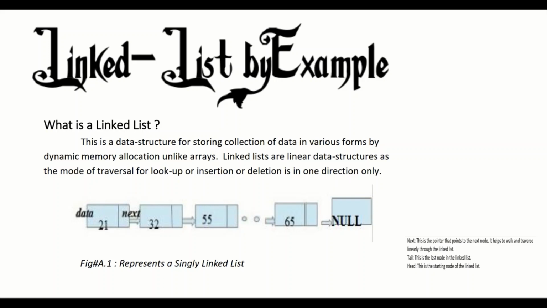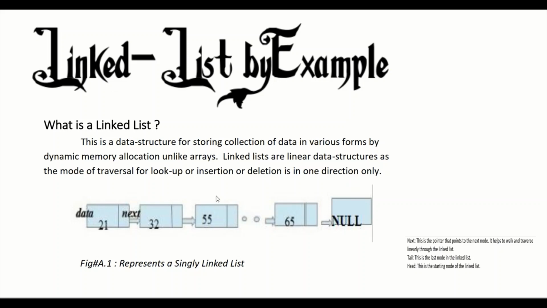My name is Vidya. Today we'll go into an interesting topic, which is Go data structures. We begin with linked list as an example. A linked list is a data structure for storing a collection of data in various forms. Unlike arrays, this is going to be dynamic memory,